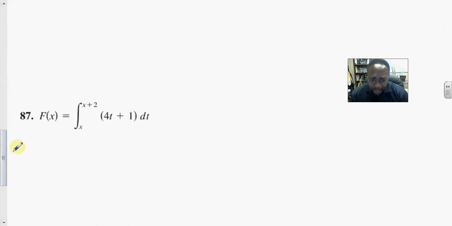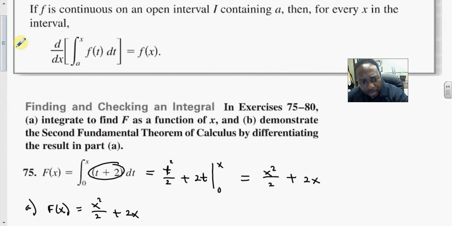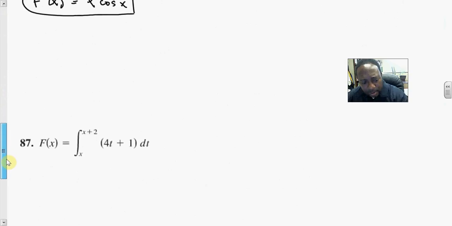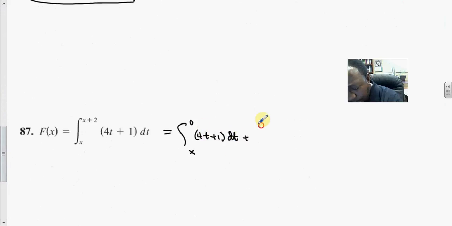So what about this one? This one would take some work, because notice that the lower limit of integration is a variable and not a number, such as a or 0. So because of that, we have to make it match up to the theorem. So we can write this as the integral from x to 0 of 4t plus 1 dt, plus the integral from 0 to x plus 2 of 4t plus 1